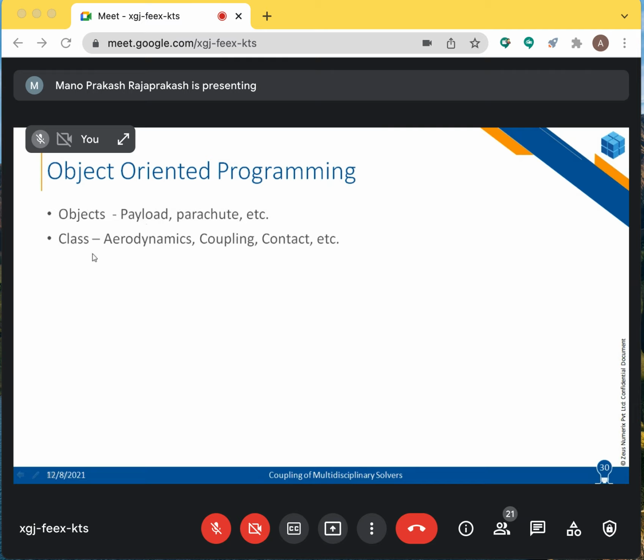So in that case, having classes and objects very properly defined helps us in inheriting for this object. I can use any class I want. So the information communication between objects and whatever effect I want to model becomes very easy and seamless when we go for object-oriented programming. And so far in my experience, we have worked on two platforms. One is a Python-based package, another one is a C++ based package.